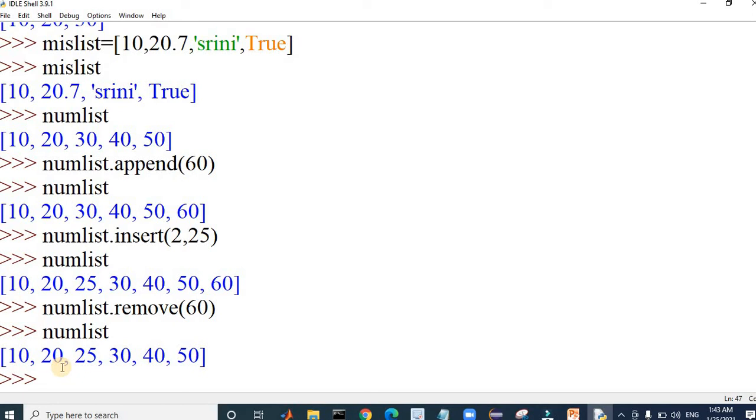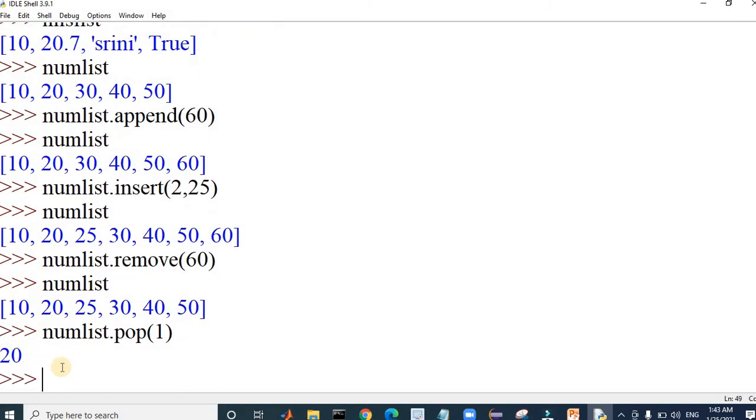Let us see how we want to delete an element based on the index value. For this we need to use the pop command, numList dot pop of 1. For example, the element at index 1 needs to be removed. That is, the 20 gets removed.